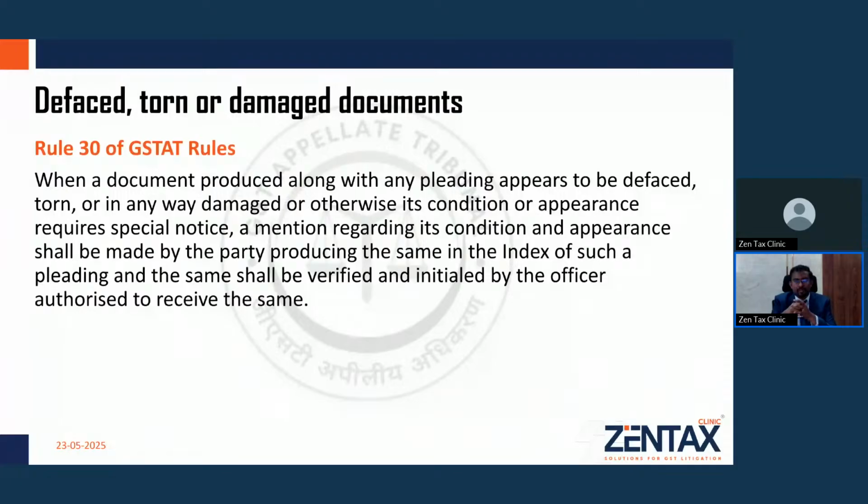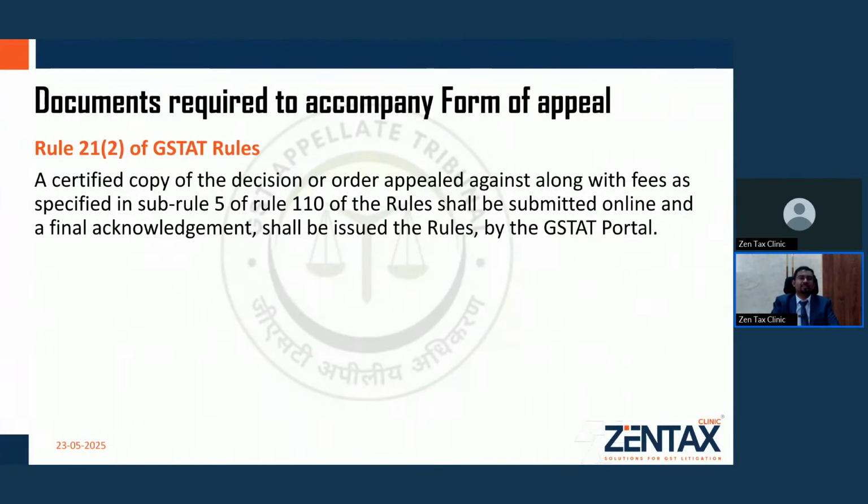So that officer who is receiving such a document shall confirm, find that it is defaced, torn, still it is being accepted. So Rule 21 sub rule 1 spoke about what are the documents. Rule 21 sub rule 2 very clearly goes to say again that rule 110.5, which goes to say the minimum required fees, that is a minimum of rupees 5,000, maximum of rupees 25,000, but the fees shall be rupees 1,000 for every 1 lakh. Rupees 1,000 for every 1 lakh that needs to be paid is again reinstated in Rule 21 sub rule 2. That is what is contained in rule 110.5 of the